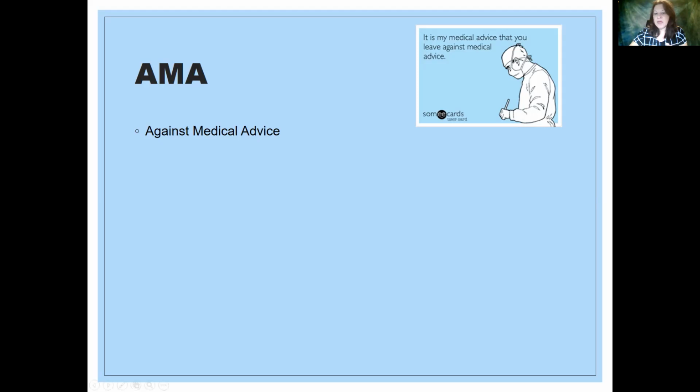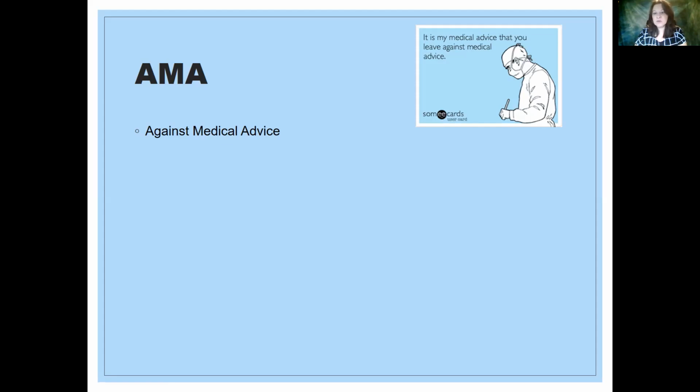If that were to happen, most hospitals have a form that the patient should sign that releases the healthcare provider and the healthcare institution from any legal responsibility if there's a change in the patient's healthcare status after they leave the hospital. The patient is informed of any possible risk before they sign the form, and then the patient's signature must be witnessed, and then the form becomes part of that patient's medical record.